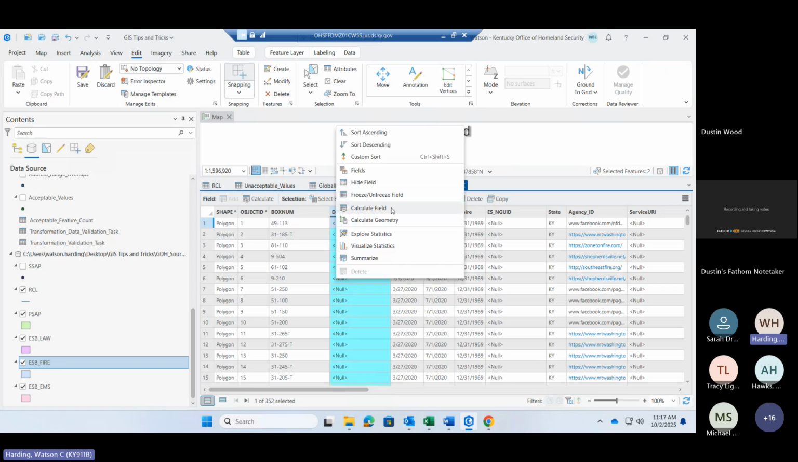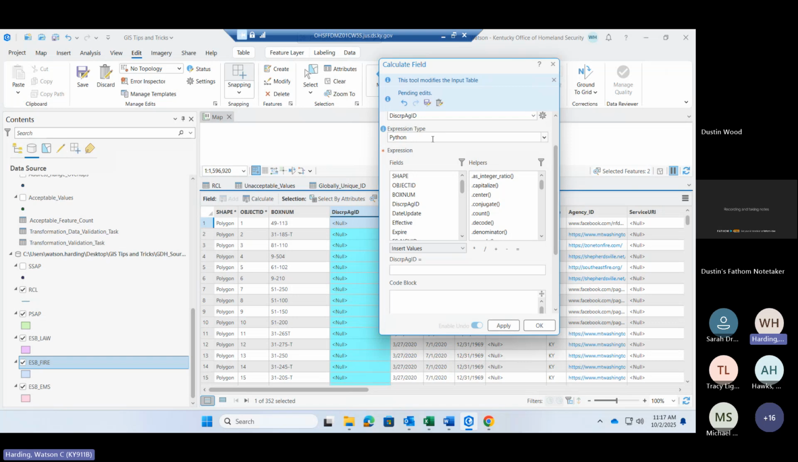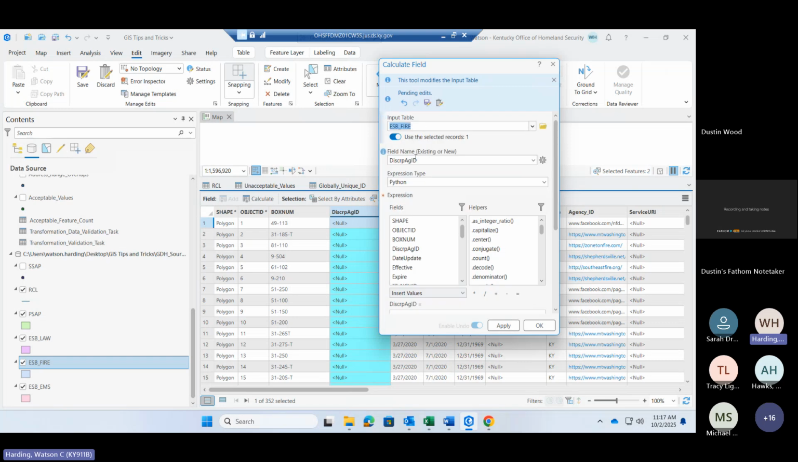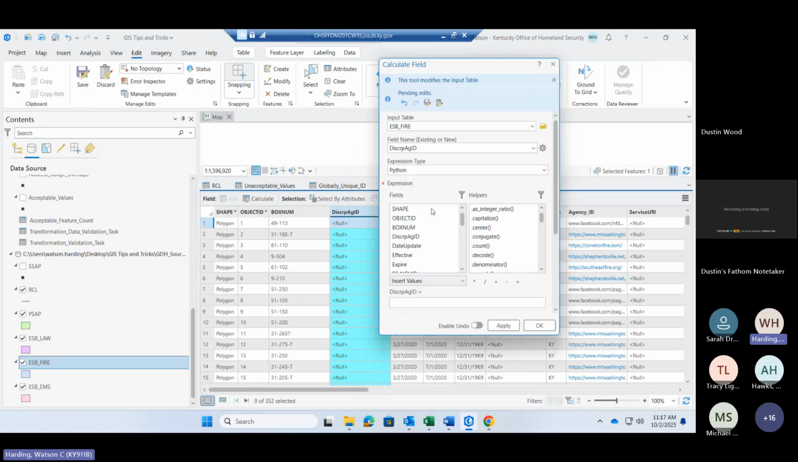Again, discrepancy agency ID. This is going to be just like with the EMS. We're hitting fire, discrepancy. You will notice here this use selected records popped up because of that earlier selection I did. So what I want to do is close out of this and hit clear. And that will take me back to actually hitting all of the records. So when I go back to calculate field, we can see there's no longer that